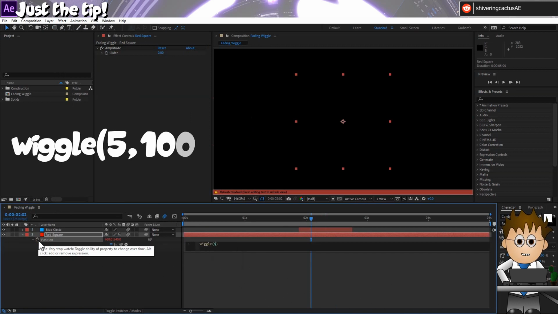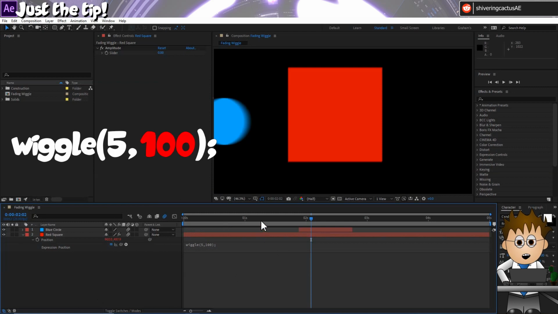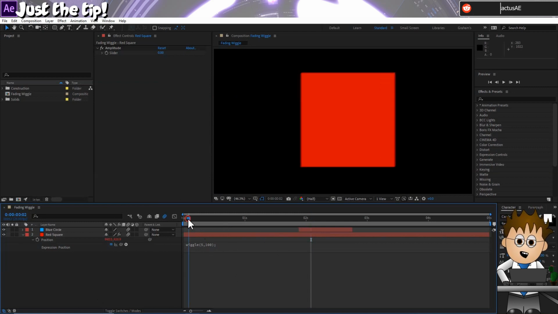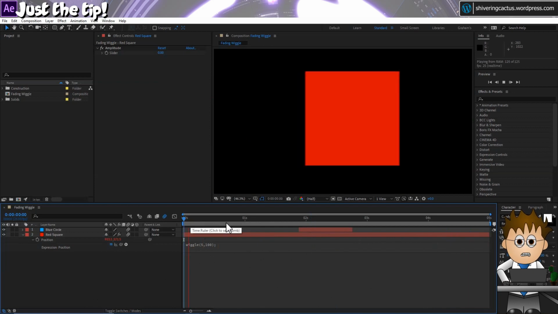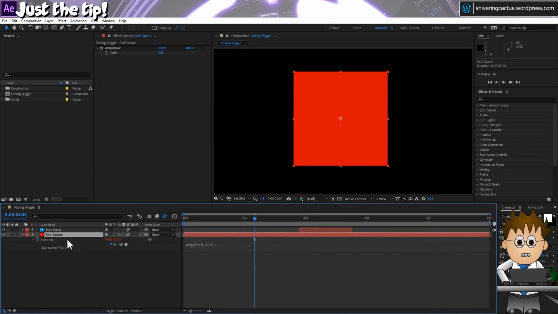Wiggle brackets 5, 100 close brackets. That means reposition the solid 5 times per second within 100 pixels of the original position. A quick playback sees the solid wobbling constantly. Not what we want. So now expand the layer properties so we can see both the amplitude effect slider value